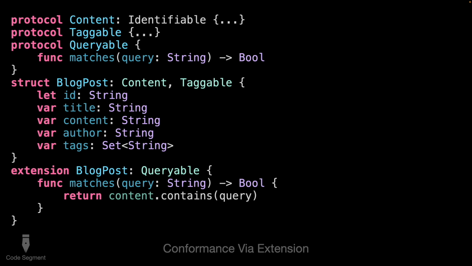If, let's say, Queryable also had a property requirement, Swift is smart enough to know that if there exists in your code, in your module, an extension of your type that claims to adopt the protocol, you do not have to do all your conformance inside that extension. You can do it in other extensions, or you could do it in